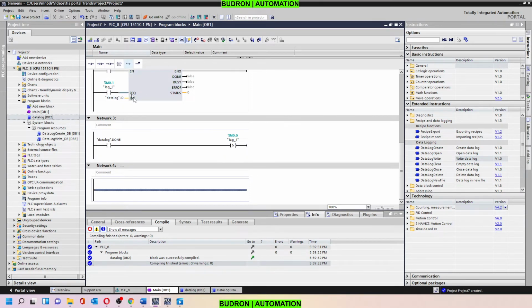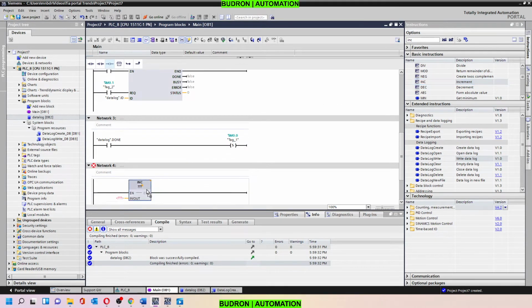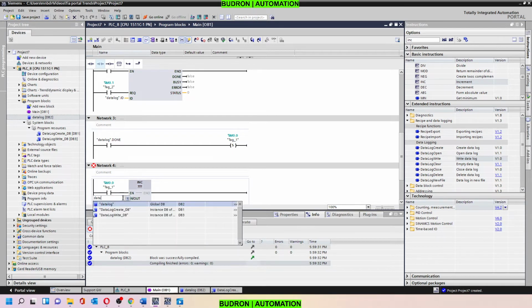For example, we can change one of the data types only. Let's say we will have an increment instruction, and it's basically when this flag is set, we can just start incrementing it, which is M0.0 as well. Let's say when this is set, we are going to increment our data log dot data dot column 2, which is integer,